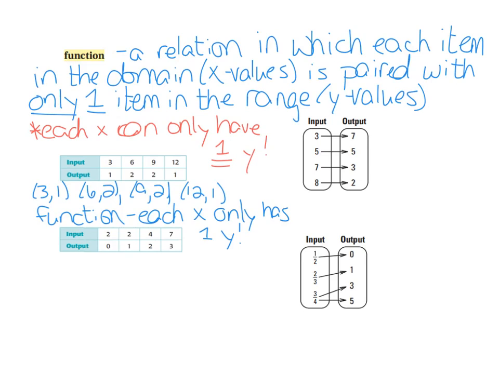What are my points here? I've got the point 2, 0. I've got the point 2, 1. I've got the point 4, 2. And I've got the point 7, 3. Is this a function? Well, right here, here's the kicker. 2 is paired with 0 and 2 is paired with 1, right? So this is not a function